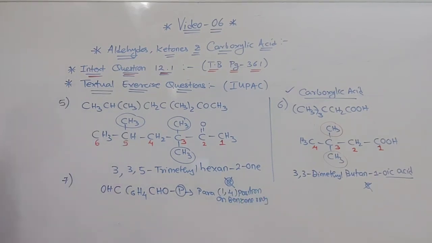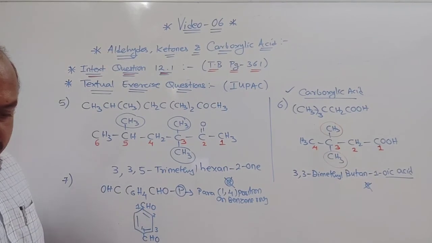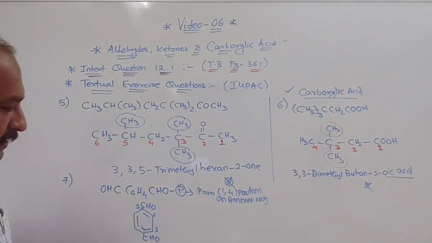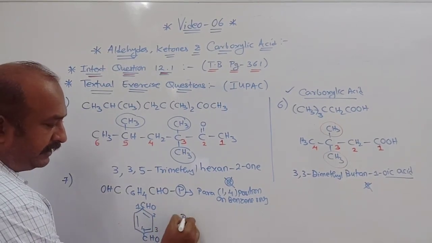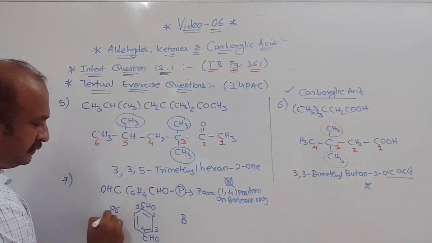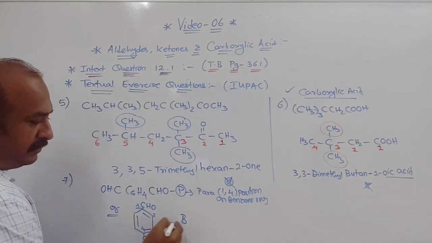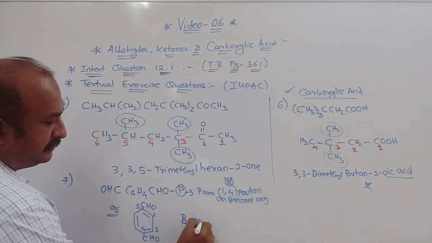Understood? So whenever this type of question comes, simply you have to draw a benzene ring with alternate double bonds. Here one CHO group at first position, second, third and 4th position, here that is another CHO group. Understood? So like this is the answer for this as a structure. And the name, if you want, you can write like this. Name will be benzene